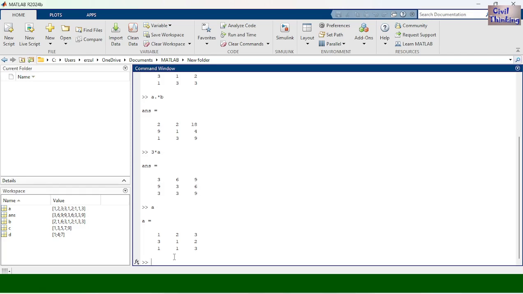Okay, now what about if I write 3 dot star A? Now here also it is going to give me the same answer. Why? Because when you multiply a number with a matrix, in matrix multiplication the number gets multiplied to each element, and also in the scalar multiplication it gets multiplied to all the elements. So whenever the scalar operation of a matrix and the matrix operation is the same thing, if you use the scalar or the matrix operation, the result will be the same thing. Okay,